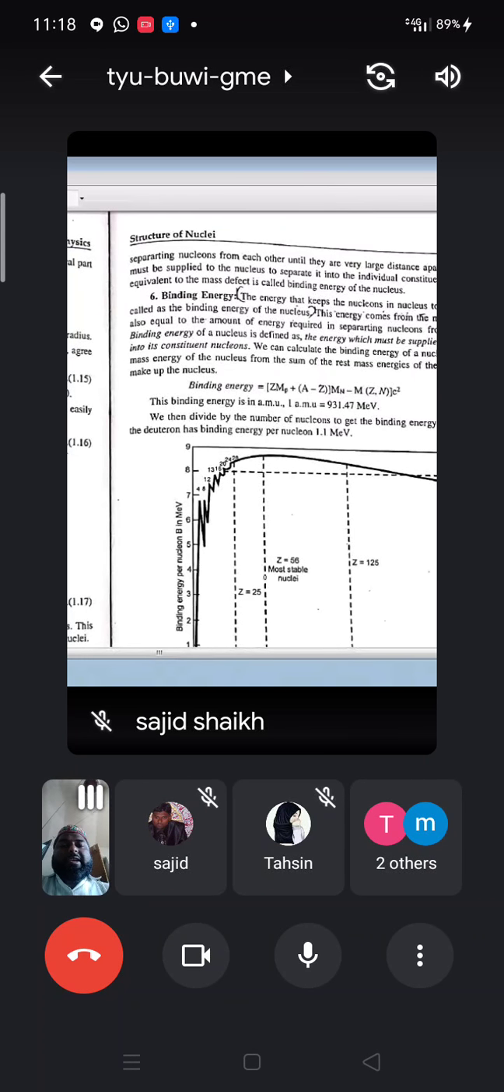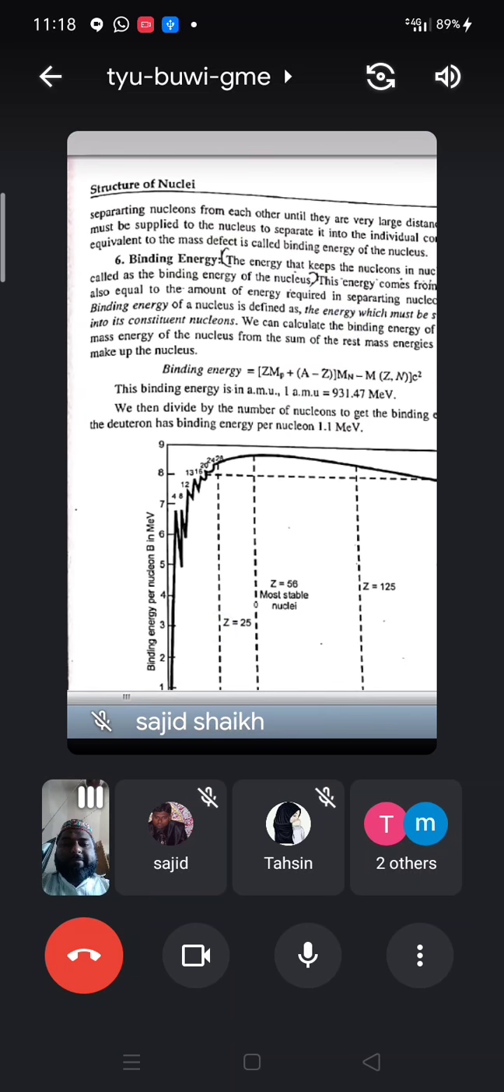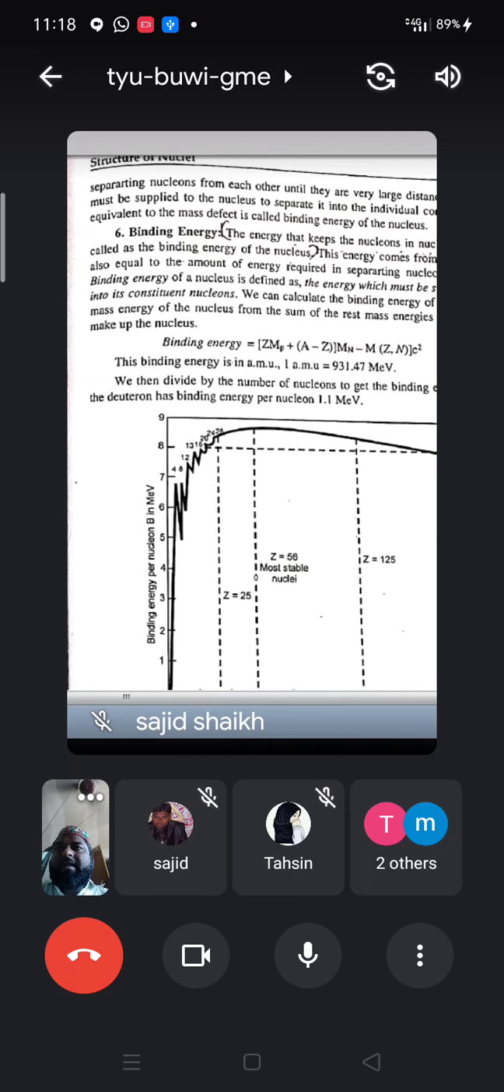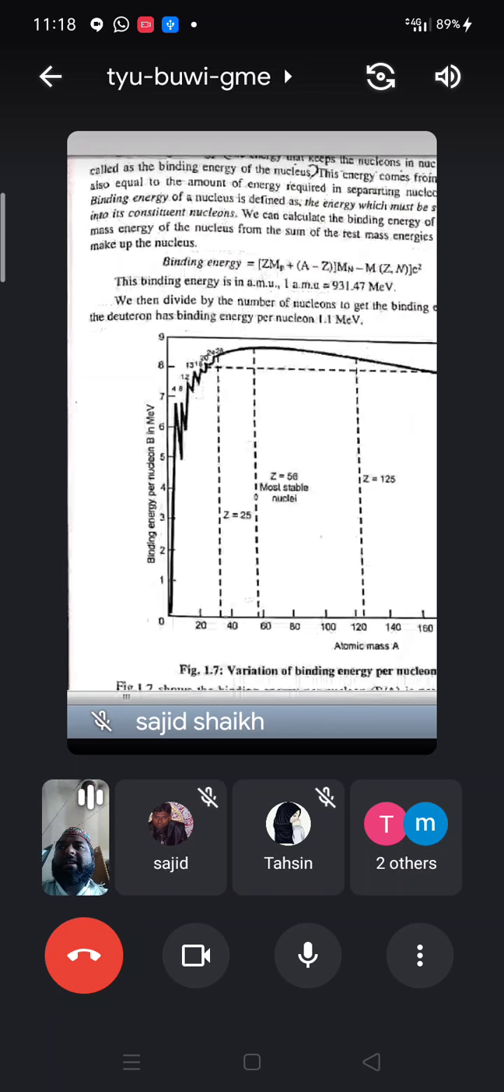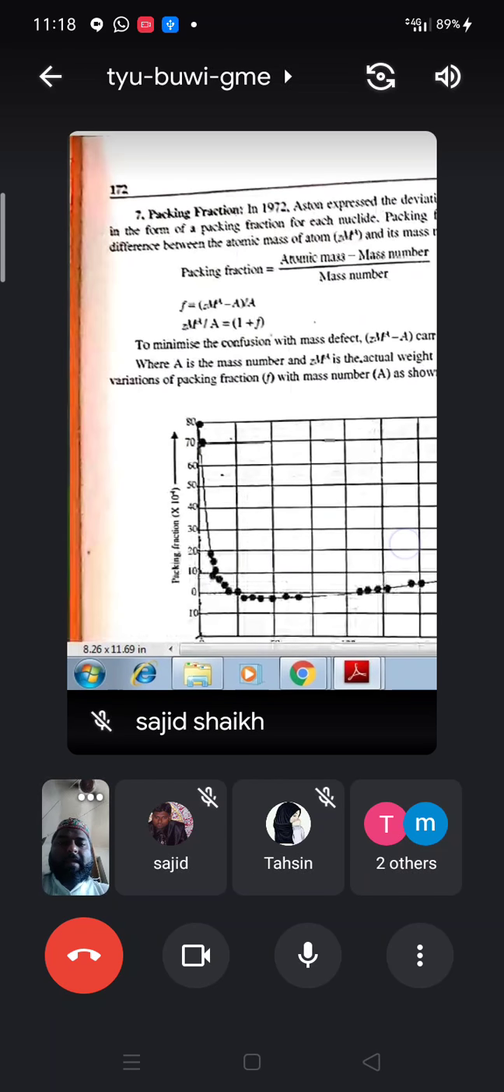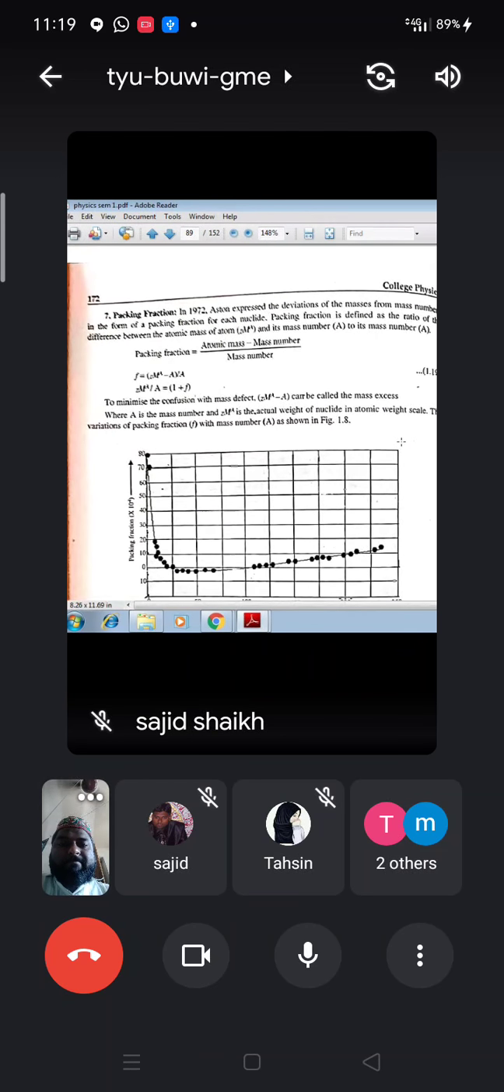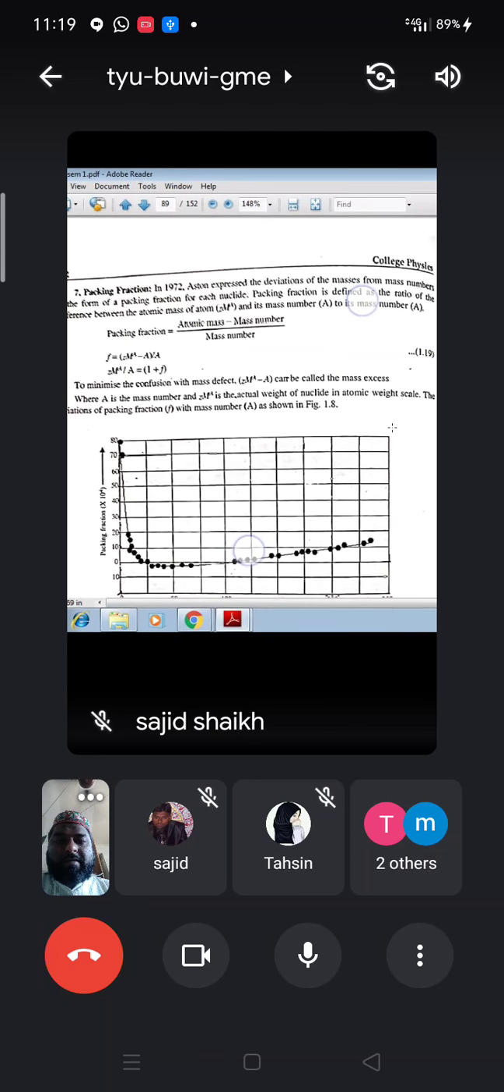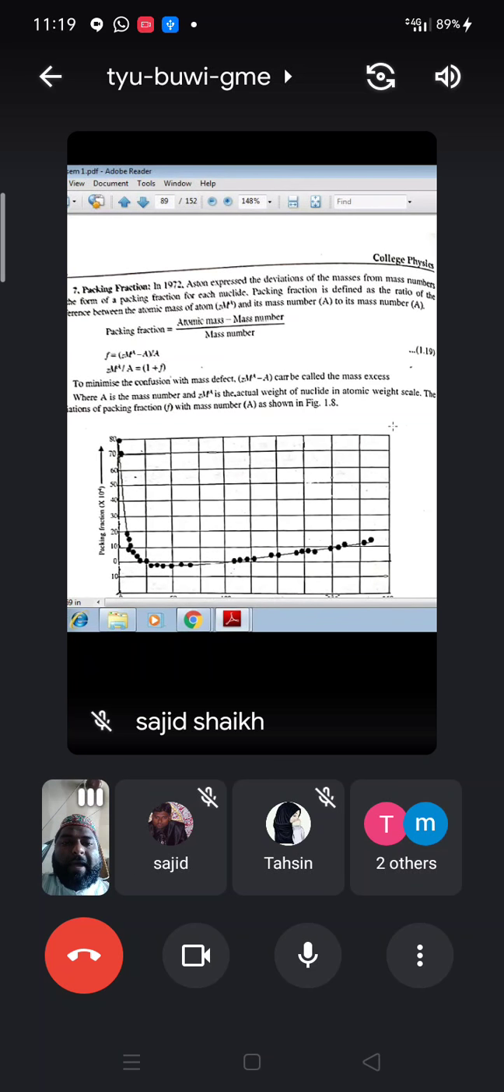In the last lecture, we talked about some nuclear properties, up to the binding energy, which we have discussed. Now we have to move towards the next property, that is nothing but the packing fraction. That packing fraction